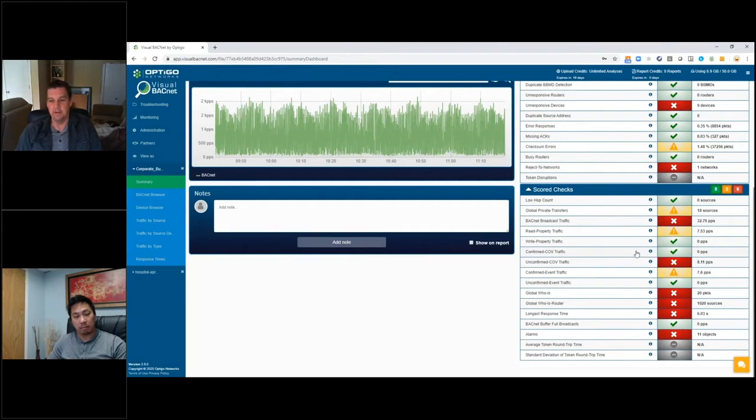When we were diving into this file a little bit more, two key things popped out at us, and one was this global whois router. This is something that should not trigger in a file very often, if at all. And you can see here over 1,000 sources of global whois router. So when we click on that,